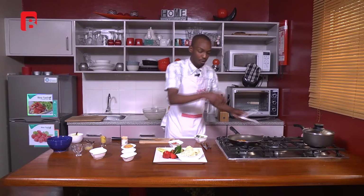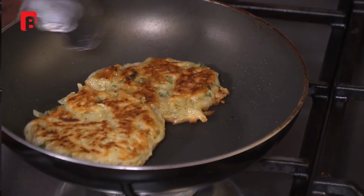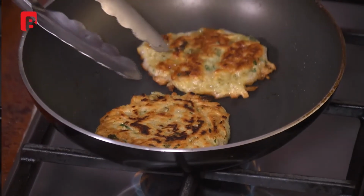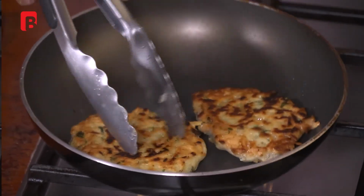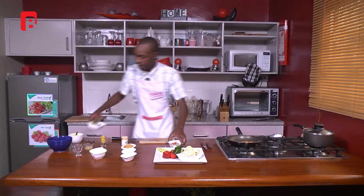Right, so we're just gonna flip this side again. We're just gonna give this one more turn. Remember, you want a golden brown color. You don't want to burn them. You don't want to cook them too fast, otherwise they don't cook through. So as you can see, this is now nicely darkening and the bubbles are starting to disappear, so we know that's almost done. So we're just gonna let that continue cooking for about another minute,